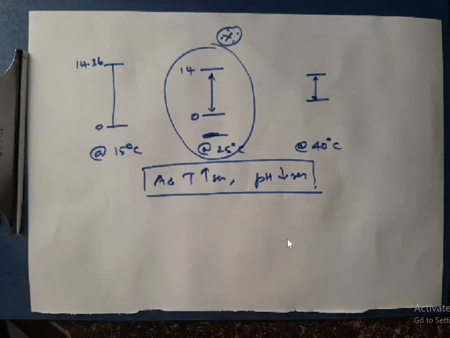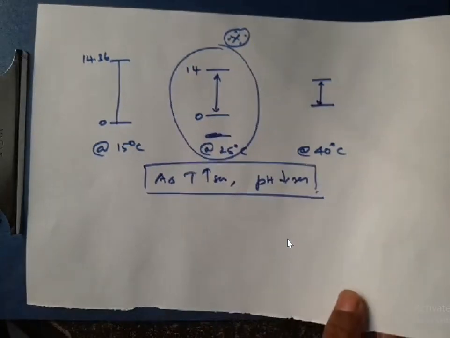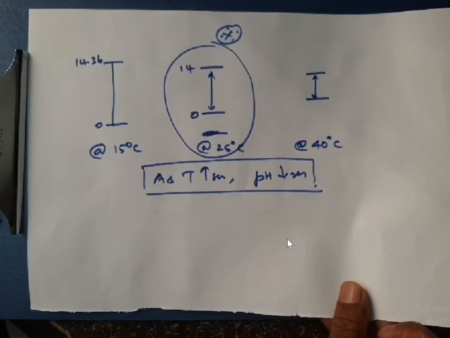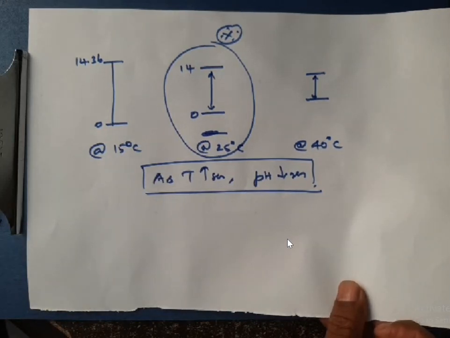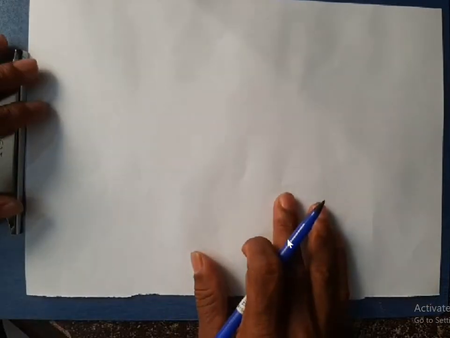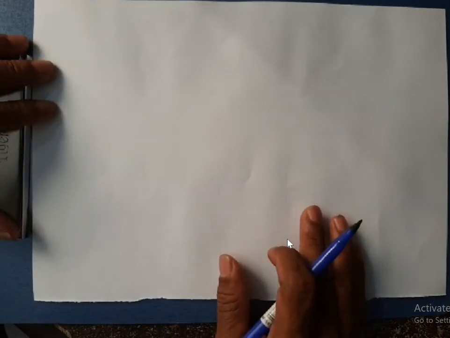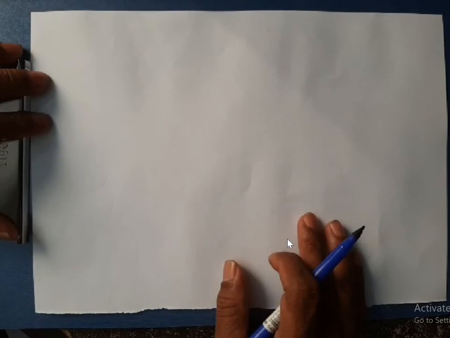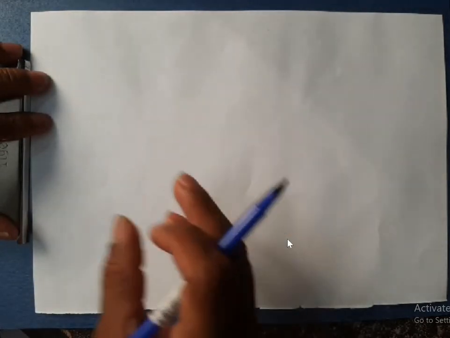This is very, very important. While calculating pH, you should remember the temperature, at what temperature you are working, or at what temperature you are calculating the pH of the solution. Okay, now, so I have introduced what is pH and what is the ionic product of water and what is the pH